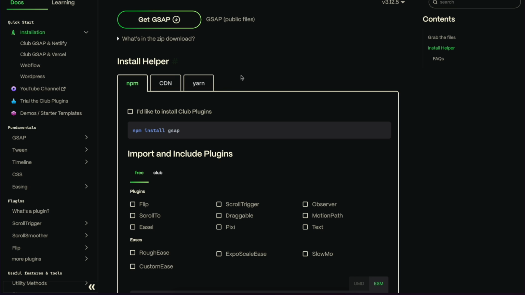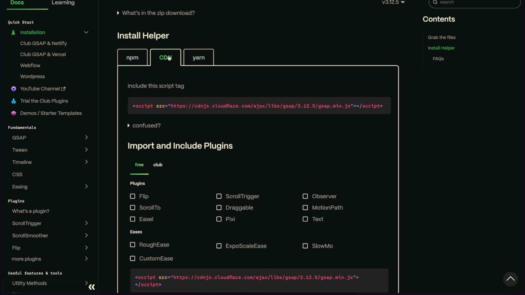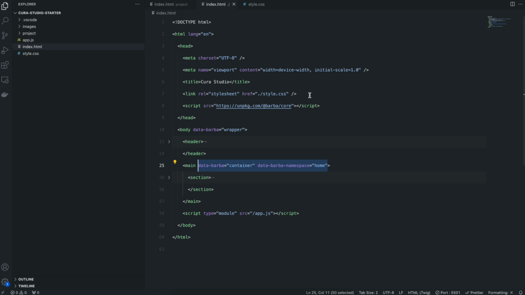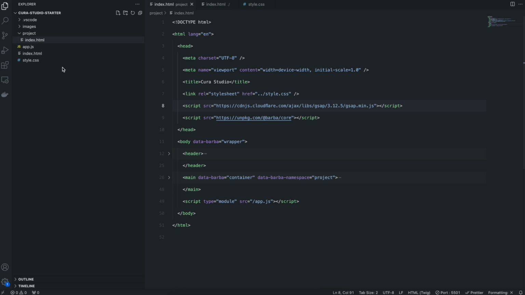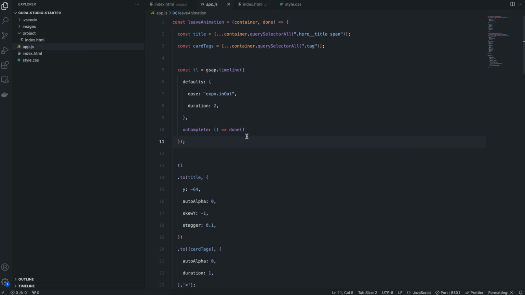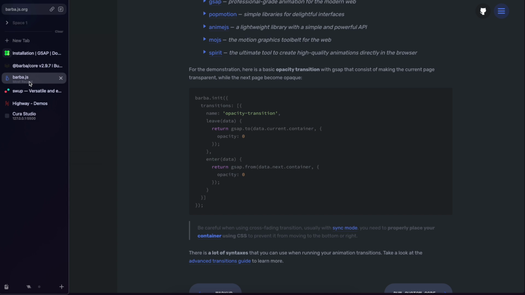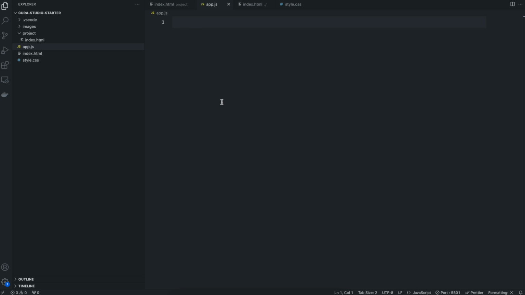And here again, you see we have either npm, CDN, or yarn. CDN is what we're going to use. That's the script tag, so you can copy it like that. And we need that here and also on this page. And then I am going to remove all this. Now if we go back to Barba, if we just copy this code and paste it in here,